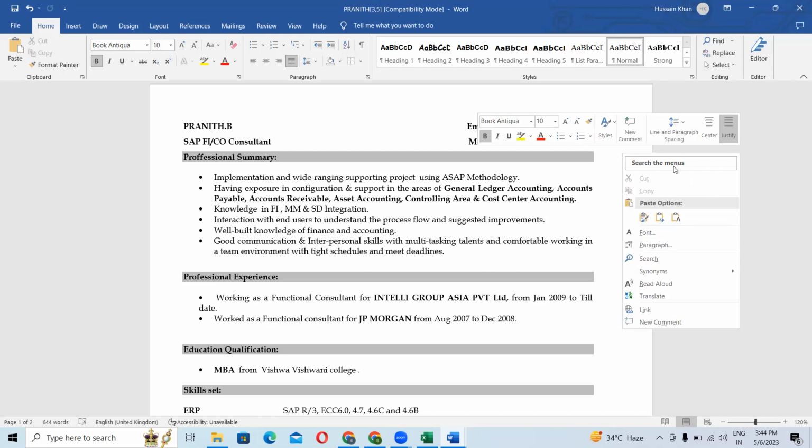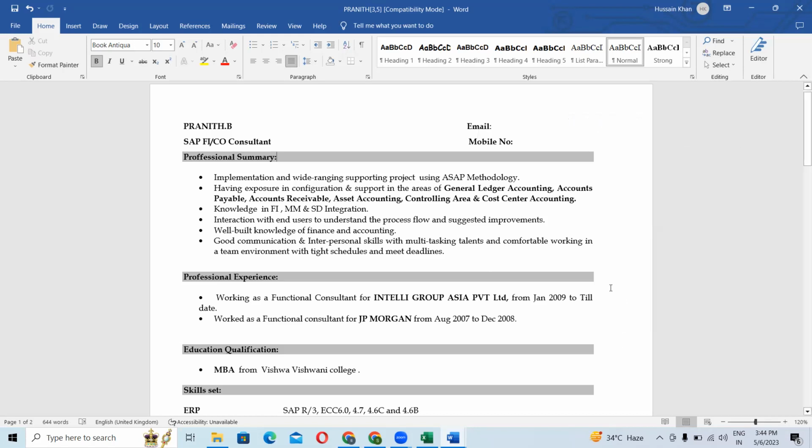So don't do that. Try to create a new word document. Then in the new document, you can copy and paste a few things from here to there. But don't edit something in the existing document and then mention your name over there. That is not going to work. Most of the people do it, and that is where they get stuck.